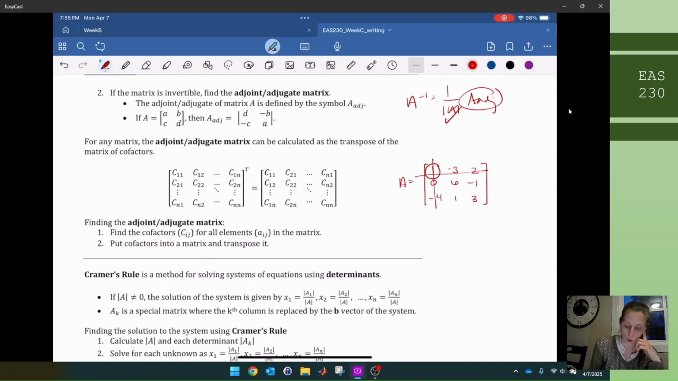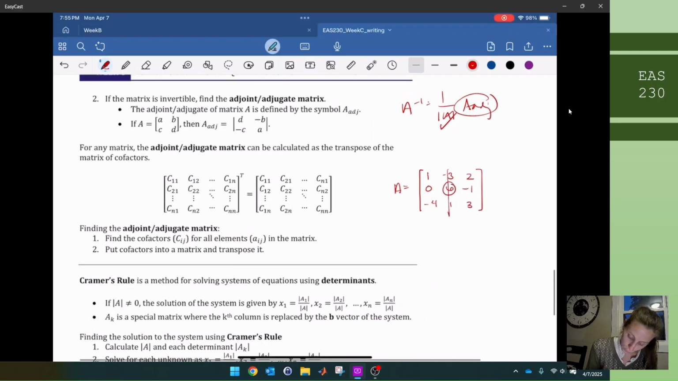Cofactor for this one: remove the row, remove the column, find the determinant, and change the sign. Then this one: remove row, remove column, find the determinant of the remaining elements, change the sign. This one, the same, changing the sign if necessary. Then this one, the same. Then this one, remove row, remove column, repeat over and over until I've done all the cofactors